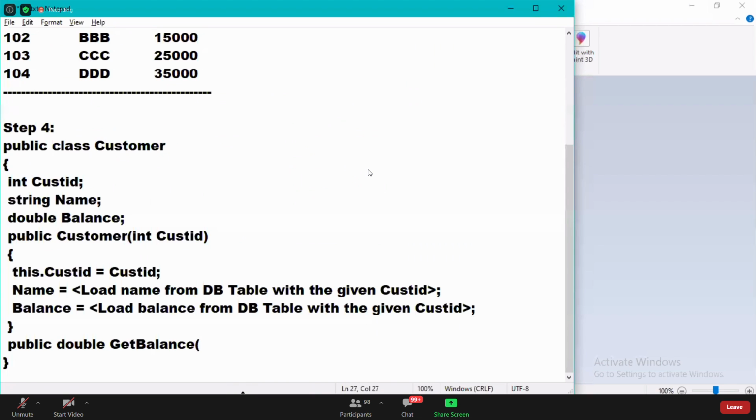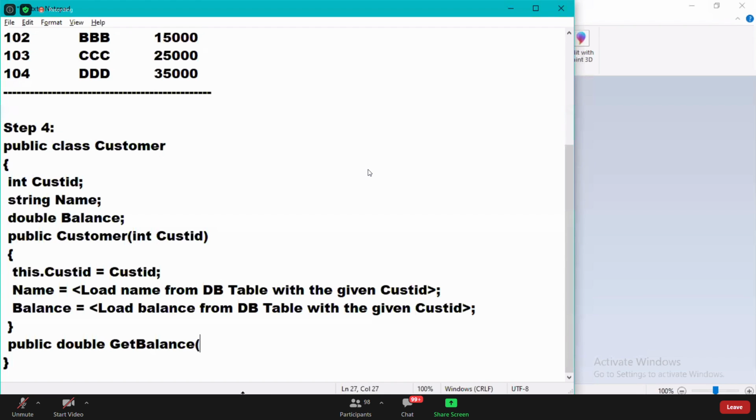Did you use a balance inquiry in your ATM machine? It won't ask you any input here.